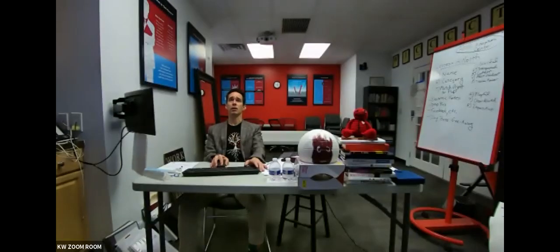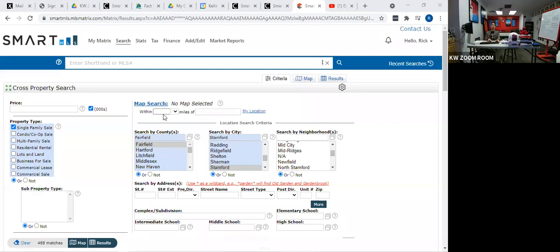Sorry, Tony, I was on a different screen. Was that what you were talking about? Yes, it was. Yeah, so what Tony's talking about is you can go here and say, I want to just have within 5 miles of wherever, and type in an address and it'll do that radius search. So you can run the same numbers for that, right? However, just remember,